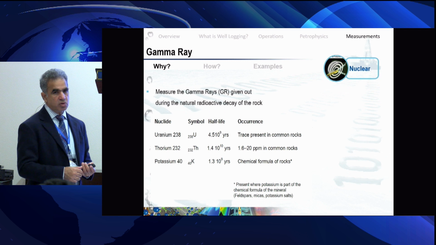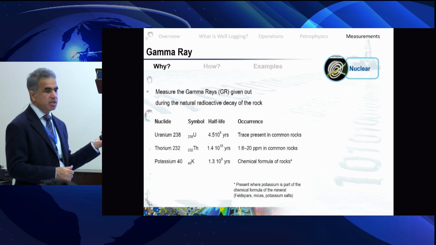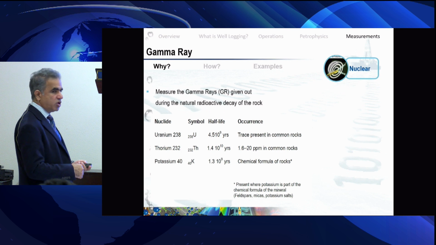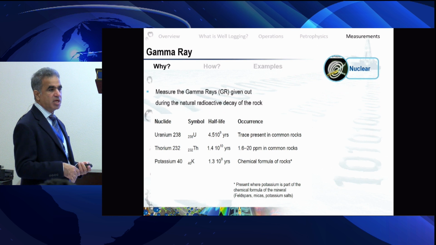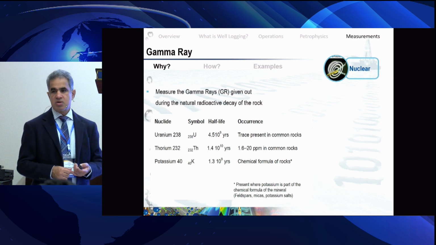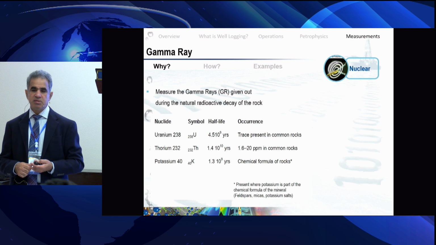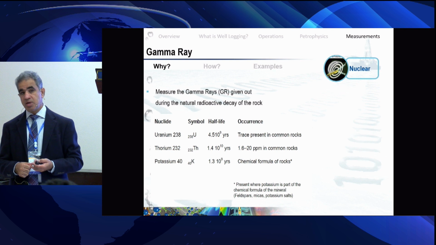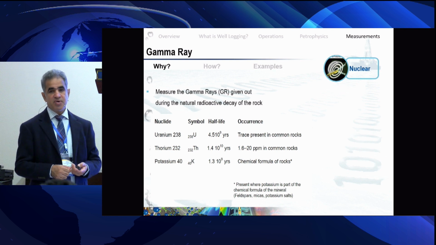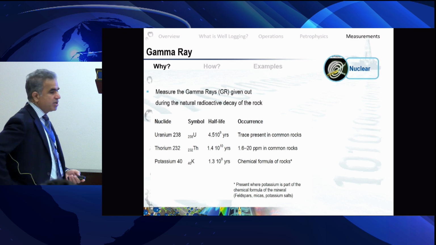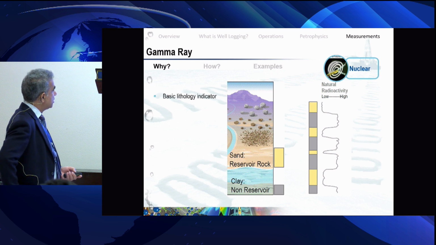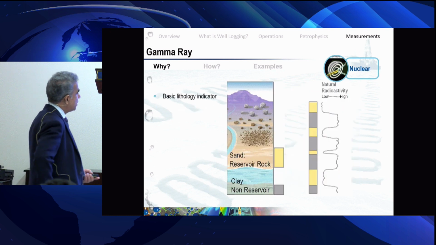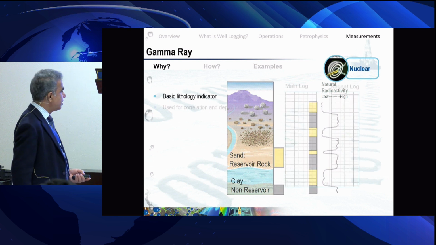So we can also split total gamma ray into these three. So we can find out which is uranium rich, which is thorium rich, which is potassium rich. As a geoscientist, we have some knowledge that certain rocks are potassium rich, like feldspars and micas. Some clays are potassium rich, some are less potassium. We can identify different clay types. So this further split gamma ray into all these elements also helps for further knowing the lithology. So basic lithology indicator between low and high, as I mentioned earlier,